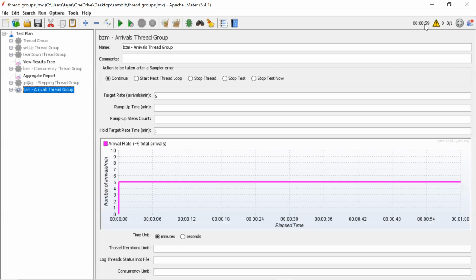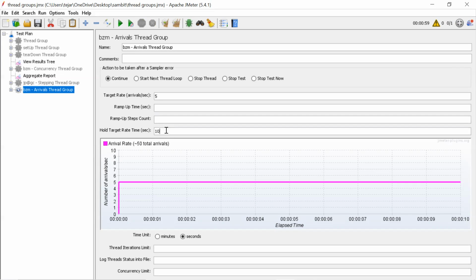It's like a normal ramp up only, no? If you make it seconds, then it should be a boom there. We can give only 1 second, no? This will make it 60. 10 seconds. Okay. It says 50 arrivals, 5 per second. So for arrivals per second, 5 per second, so 1 second divided by 5.